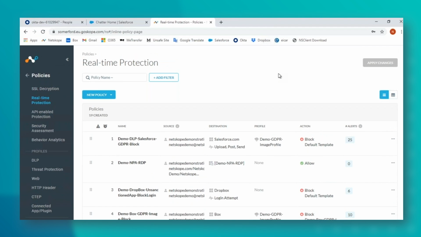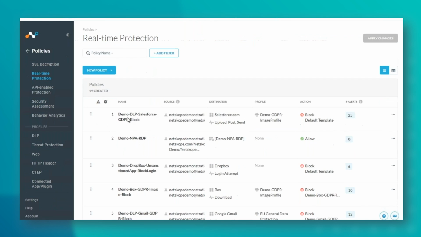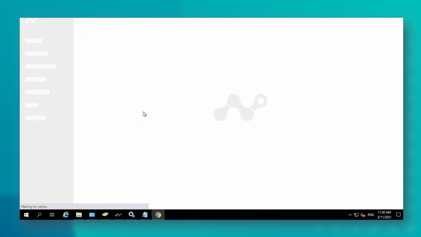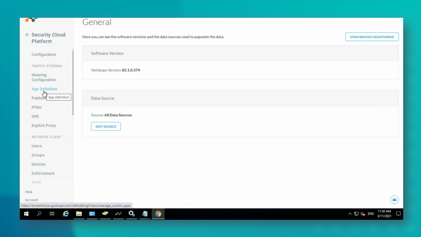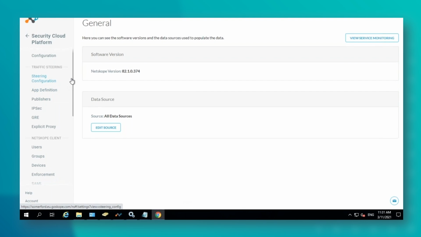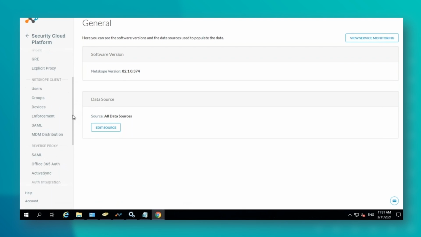Now, there is another side of this that I cannot show you on this because I only have one machine and it causes issues if I try to run both at the same time. But we can do a thing called enforcement as well, which is a stricter rule than reverse proxy. If we come into our security cloud platform, and if I can get my Mac to scroll down on this while I'm in the RDP, and we have enforcement.